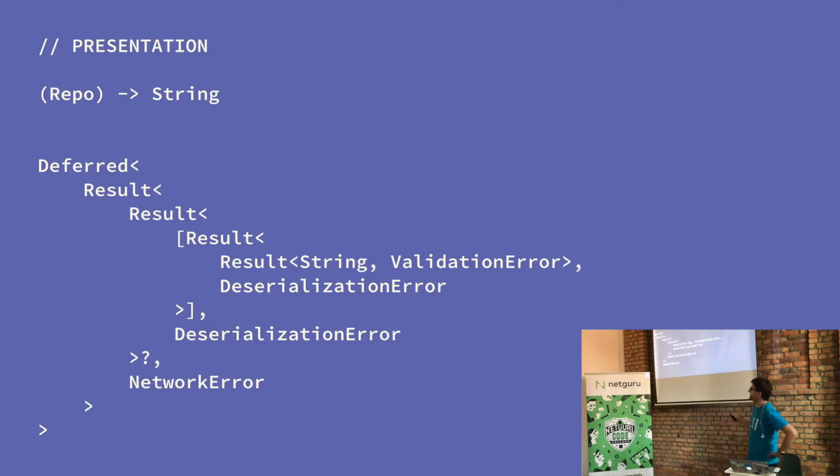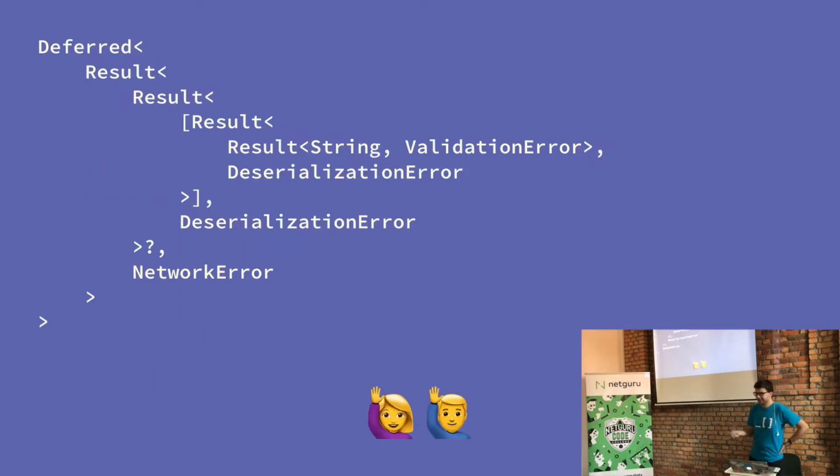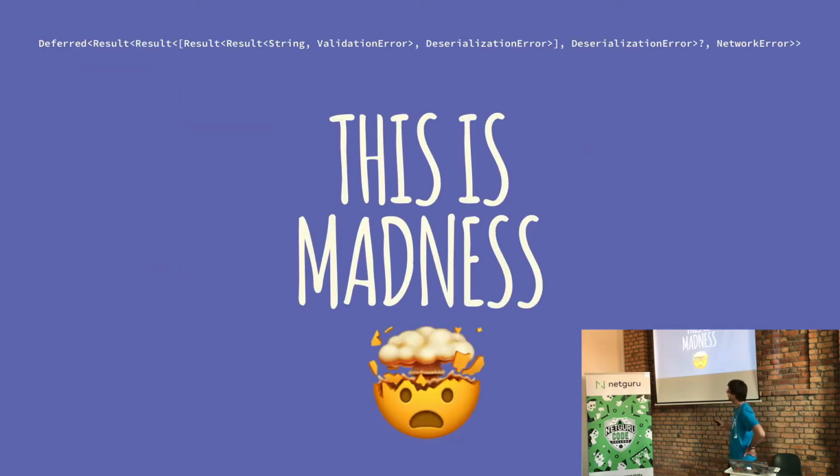Presentation fortunately doesn't change anything, only the type, the repo here. Although, first thing, you are probably already wondering how to get to this repo here from all those layers. And also, like, there's a number of types, right? Like, there are so many types. Raise your hand if you like the signature. I was not expecting that, because, I mean, this is madness. How can you work with that?